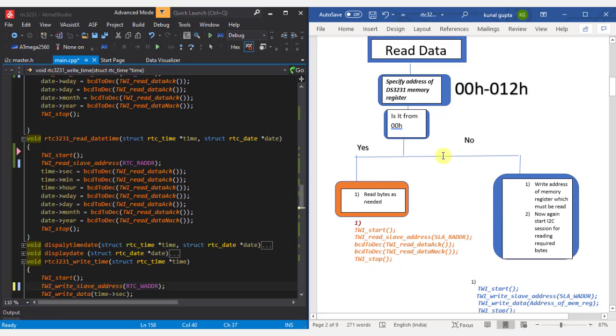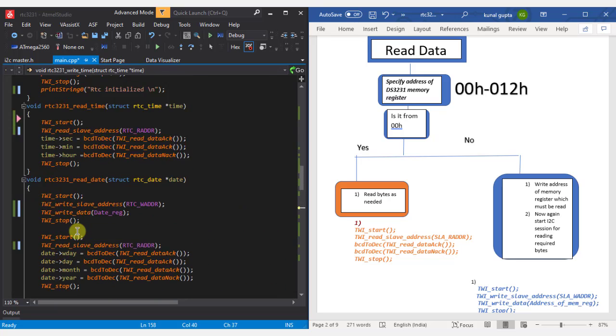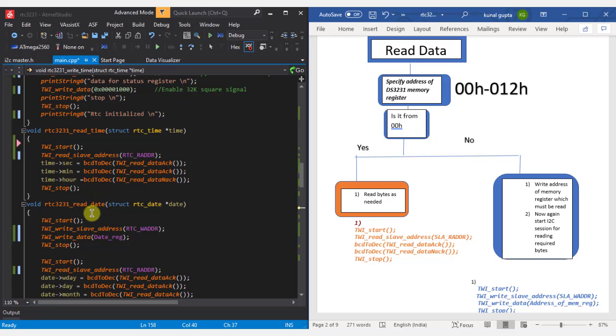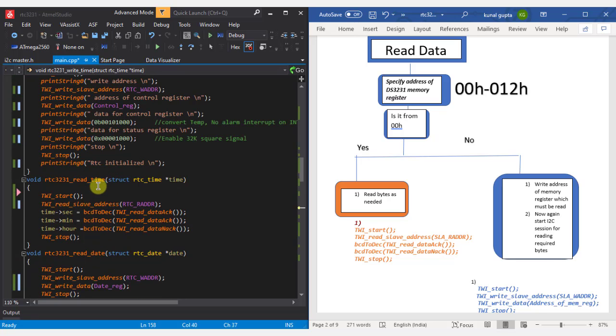So directly read bytes as needed, and as we will be reading 7 bytes, the first 6 bytes will be data acknowledged and the last byte will be data not acknowledged, with the stop signal in the end. We have discussed the read date operation and the read time operation.